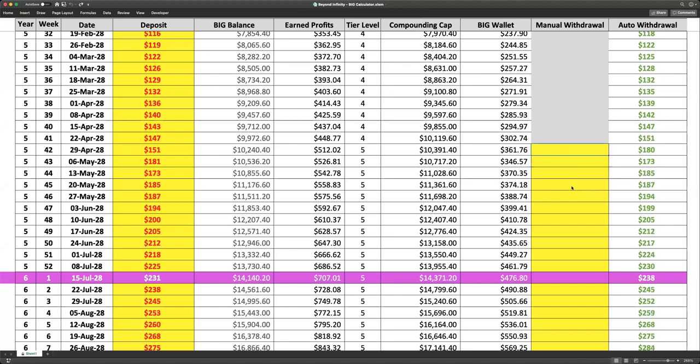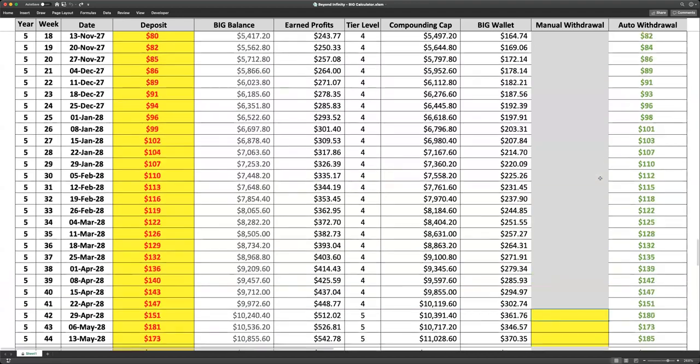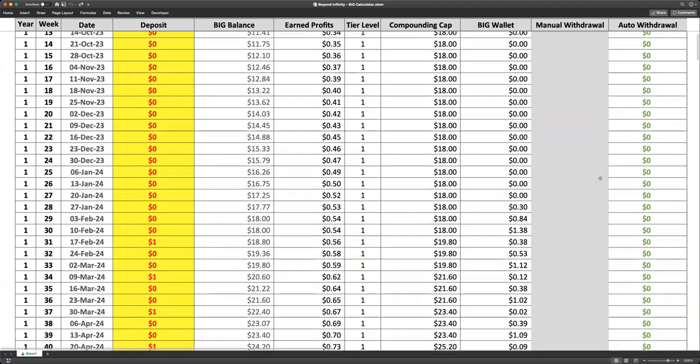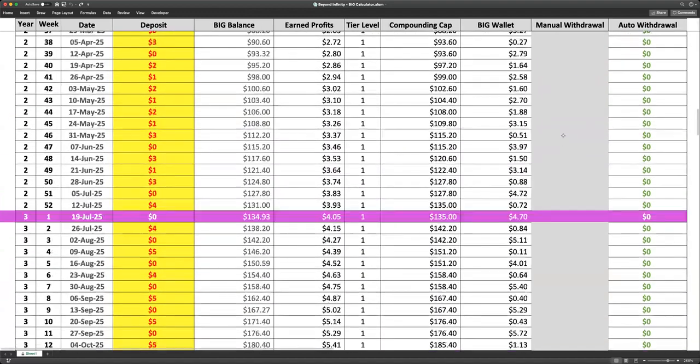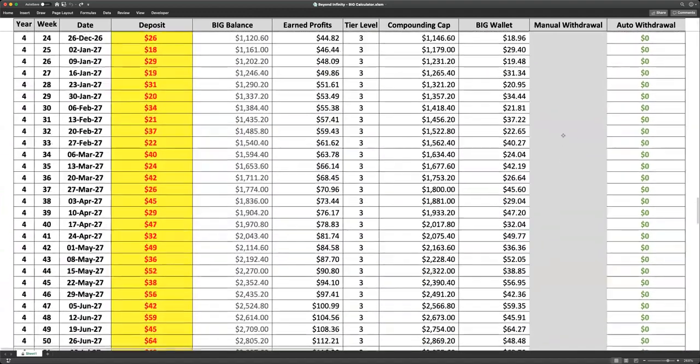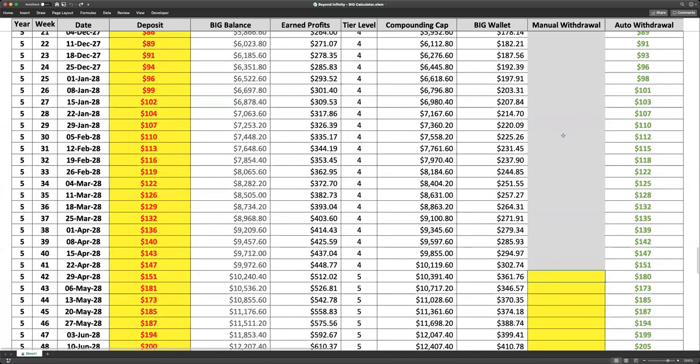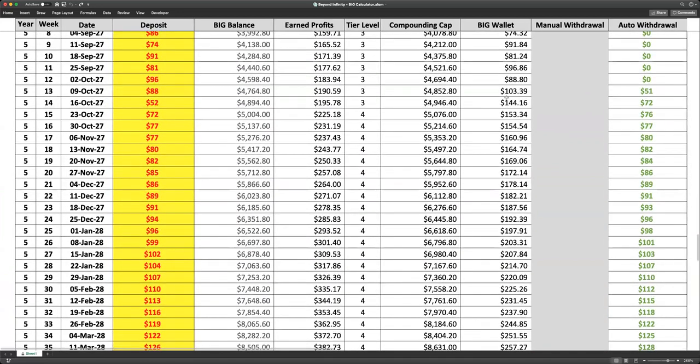We also have the auto withdrawal, which is the same thing. We just renamed it, but remember when you set your threshold at $100. So let's go back up, JC, to where the big wallet first has $100 in it. Okay, coming back down. All right, it looks like year 5, week 13. The big balance is